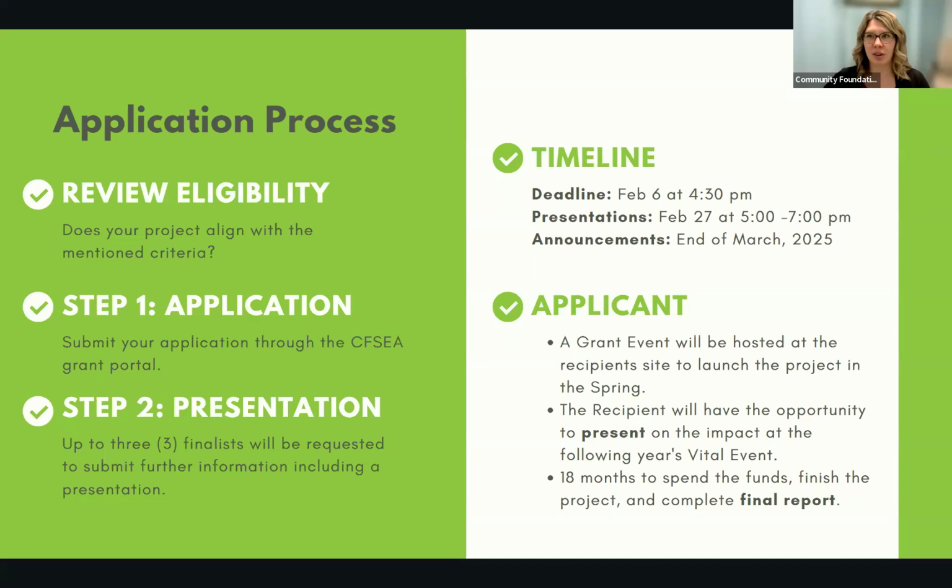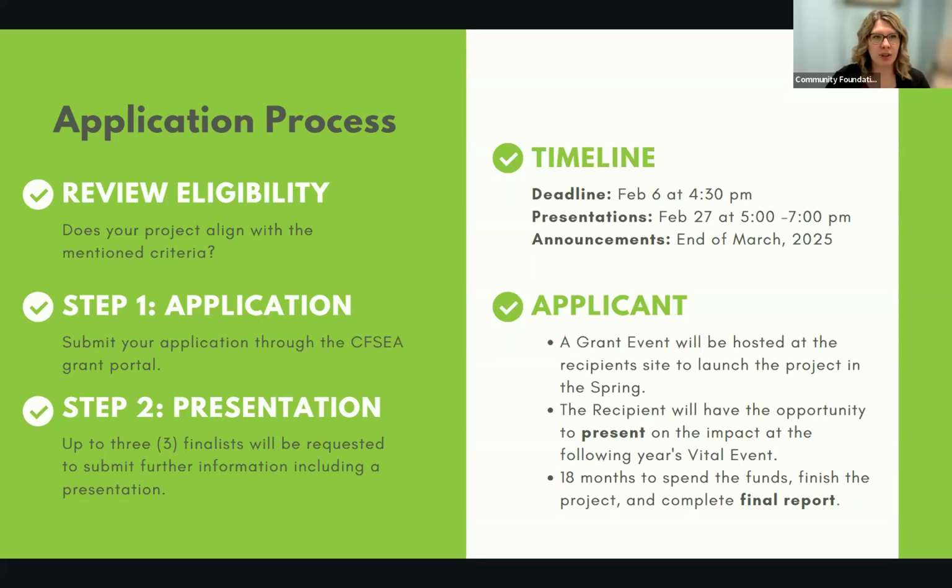If you know your organization has a profile, but you forget the login, just connect with me and I'm happy to get you into the system. We really don't want to create duplicate profiles. So if you think maybe someone at some point has applied for a grant, just reach out to me and I can get you set up on that. So the application has about a dozen questions on it that you'll need to work through.